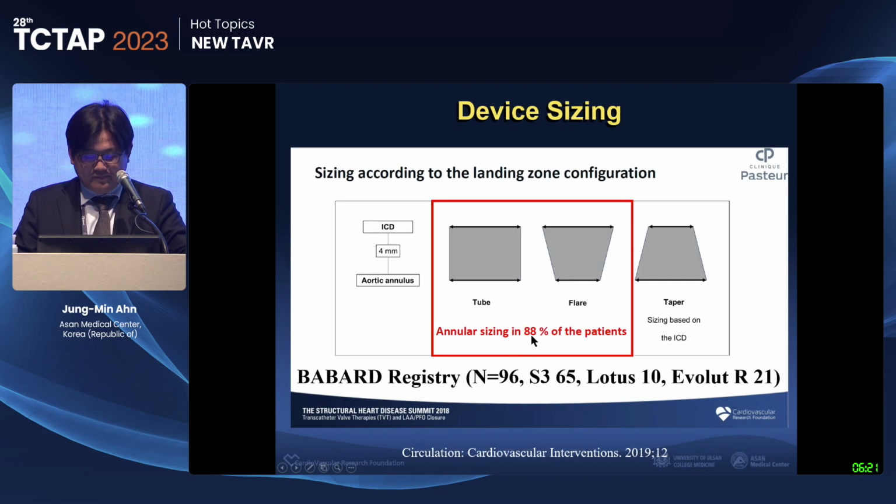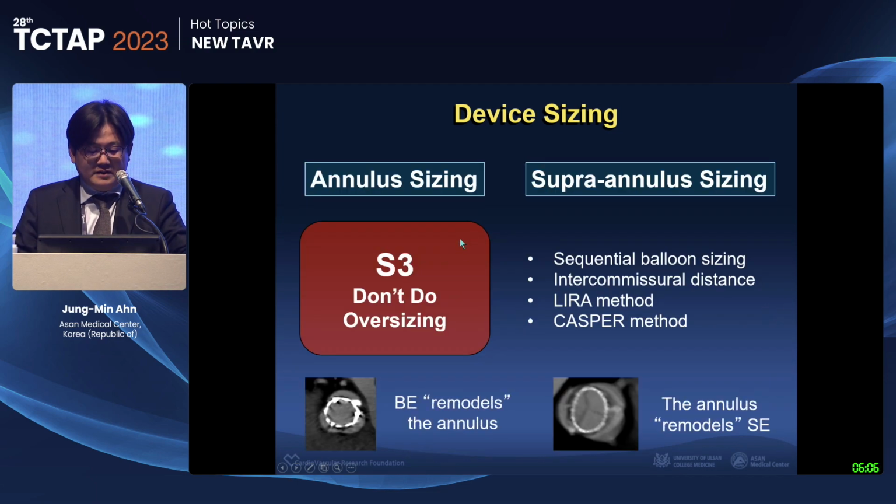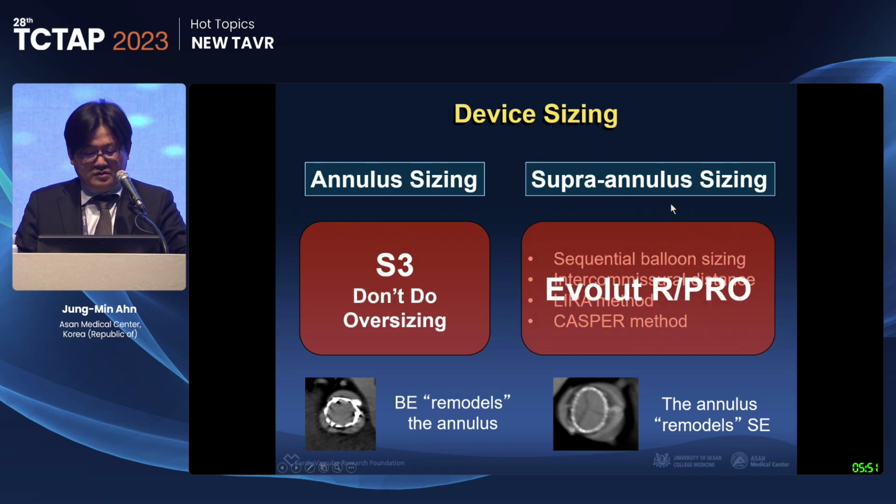The Barbadi registry showed that even in bicuspid aortic valve, in 90% of patients the annulus is the smallest portion, and in 10% the level above the annulus is the smallest portion. Based on the previous registry, this is my idea. For SAPIEN 3, I usually do the annulus sizing. I don't consider the supra-annular level, I just don't do oversizing. The supra-annular sizing may be applied to the self-expandable valve,